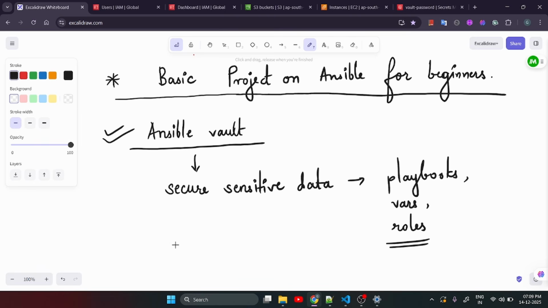Okay, so in this video we are going to store our AWS credentials in this Ansible Vault. Okay, and slowly you will learn how we are going to use this vault while trying to implement or execute those playbooks. Okay,